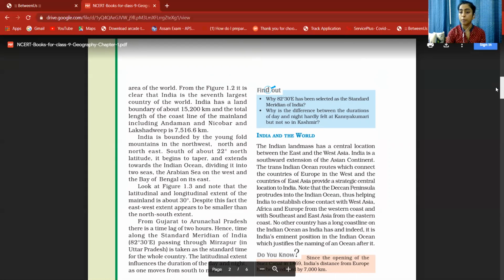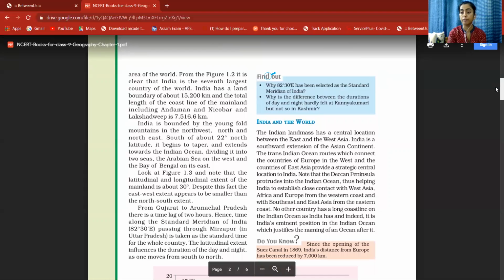Then we got to know about the area of India, which is 3.28 million square kilometer. Then we got to know about the land boundary of India, 15,200 kilometer. Then we got to know the length of the coastline of India, which is 7,516.6 kilometer, right? Then we also got to know that there is a time lag of 2 hours between Gujarat and Arunachal Pradesh because of their location in the extreme positions, and also both are located in